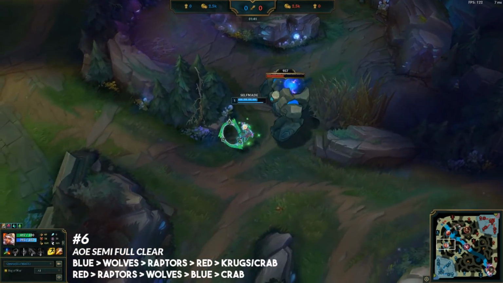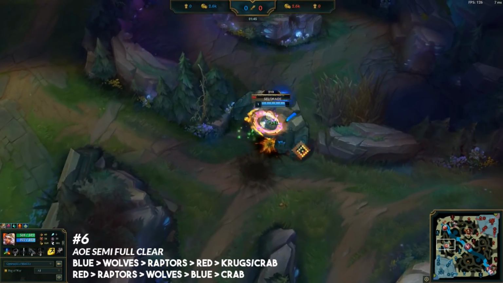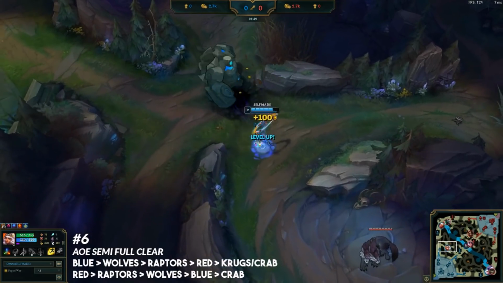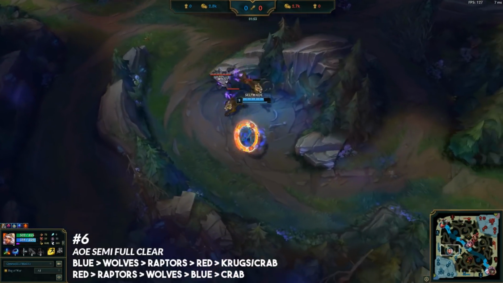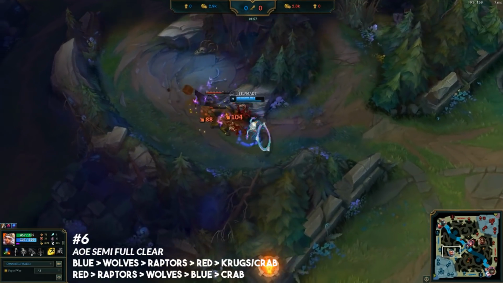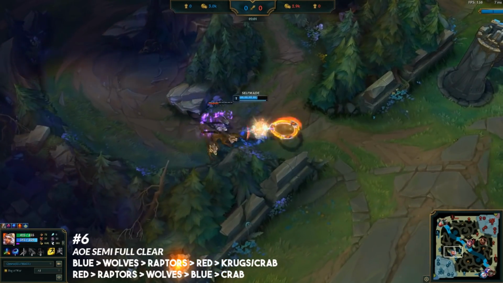So with this clear, you're going to be skipping your Gromp, and if you're playing a jungler who does have very good AoE damage at level 2, but isn't very good at clearing out single target camps like the Gromp, then you can look to go for this path. So somebody like the Kiana here, not very good at soloing out the Gromp, takes quite a while. Pretty good at taking Wolves though, pretty good at taking Raptors, so she's going to look to do that instead